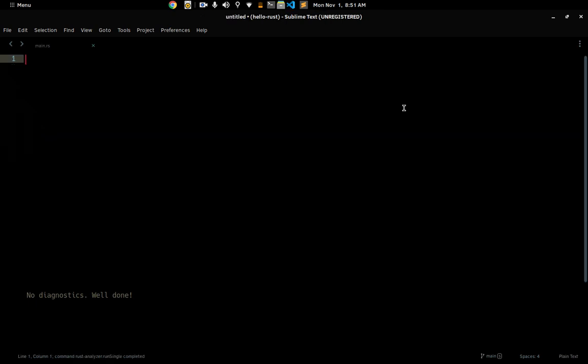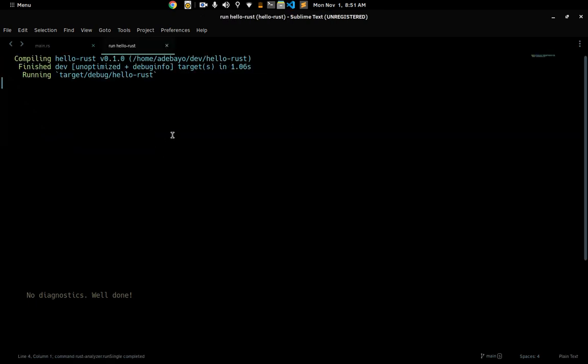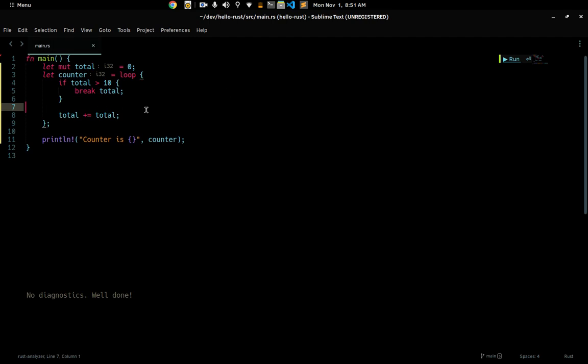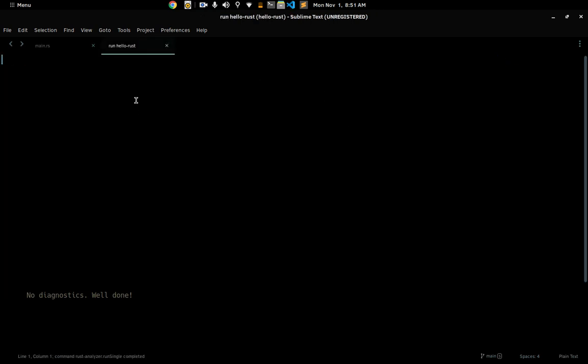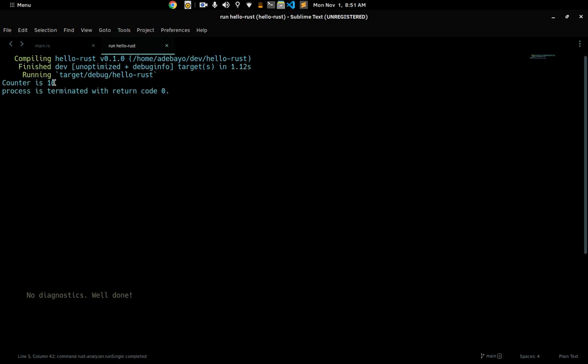So if I run this program here, okay, I think it's not gonna stop. And why is that? That's because total is 0. If we start total off as 1, then we keep adding 0 to it, so that's why it's not changing. So let's just go back and fix it, and we should get counter is 16.